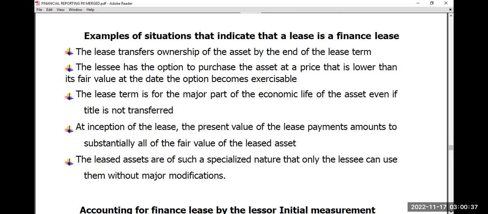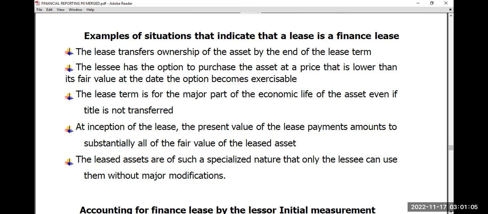That's what we've been communicating, that at the end of the lease term, the person is going to be the owner of that asset. Secondly, the lessee has the option to purchase the asset at a price that is lower than its fair value at the date